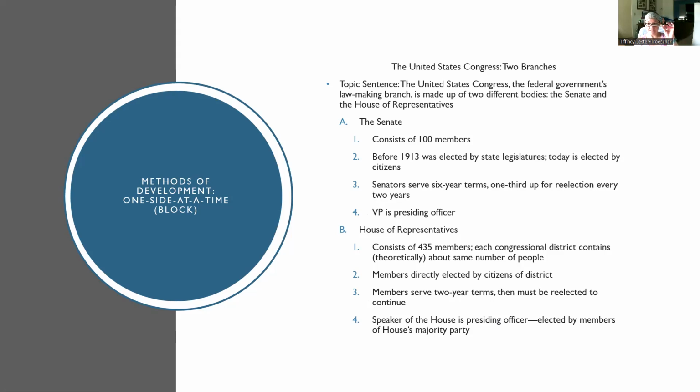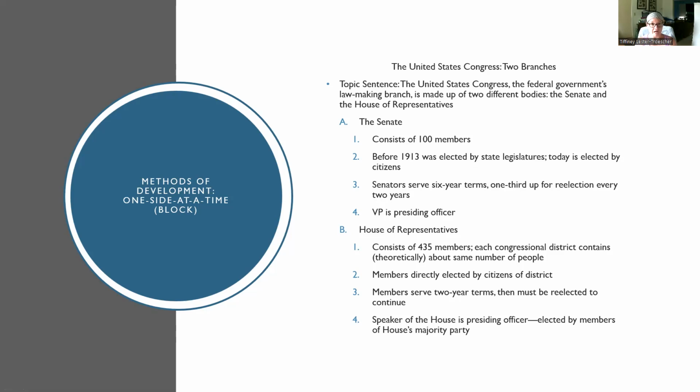So you can see how the topic sentence sets up this compare contrast. And this is a contrast because we're looking at the differences, right? We know what we're focusing on, the Senate and the House. And we know that the Senate came first in the topic sentence, so the Senate is going to come first in the paragraph. And we know that it's discussing the same four main ideas in both sections. Let's take a look at the actual paragraph to see how this outline